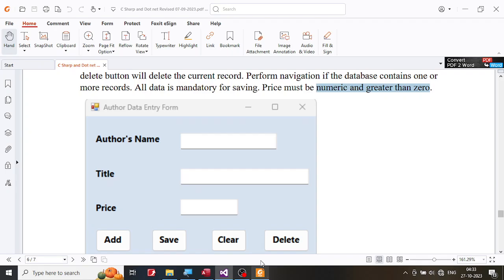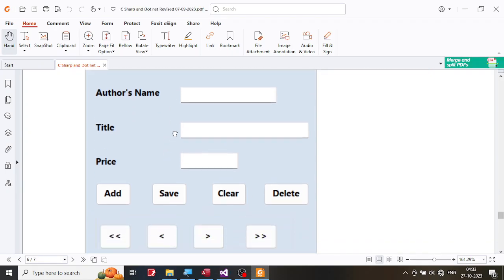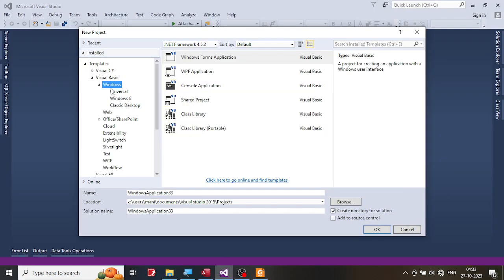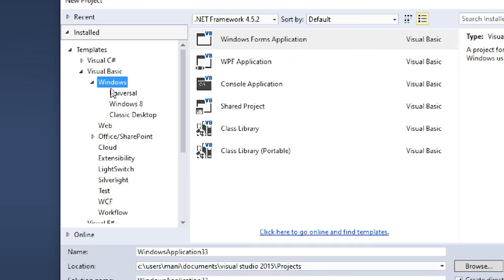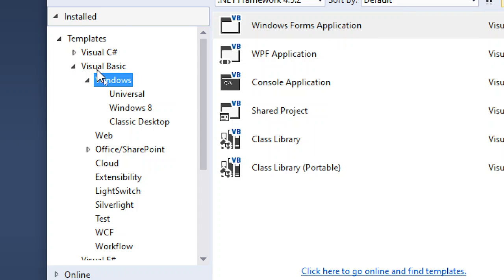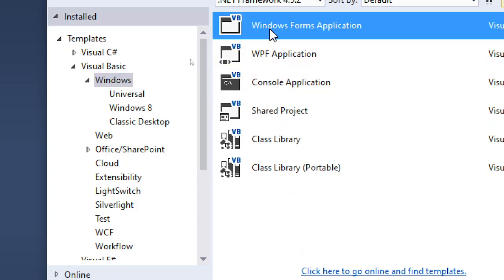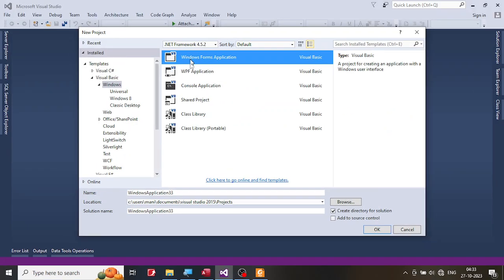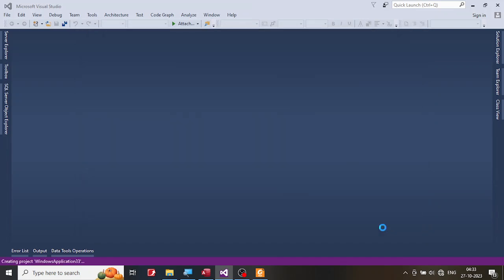We are supposed to design a form that has a label and a text box and maybe a few buttons on it. Under Windows I'm going to select Windows Forms application. Give a proper name to your application and store it at a proper location. I'm not going to do that. Let's click OK to create the